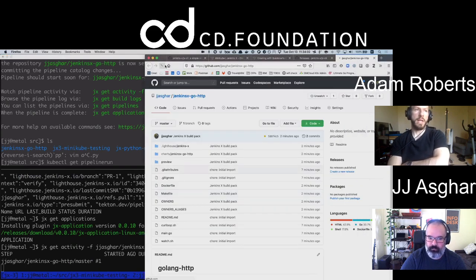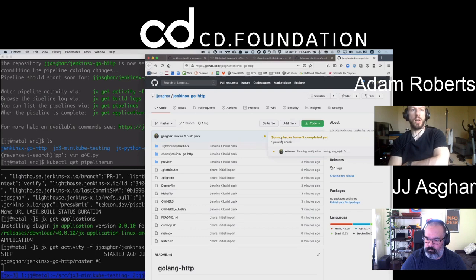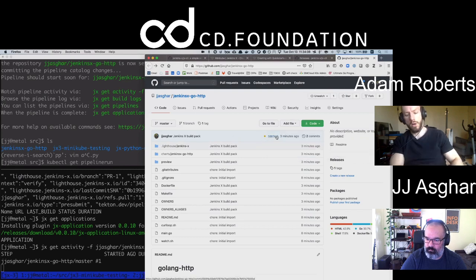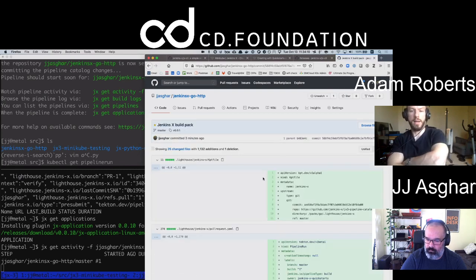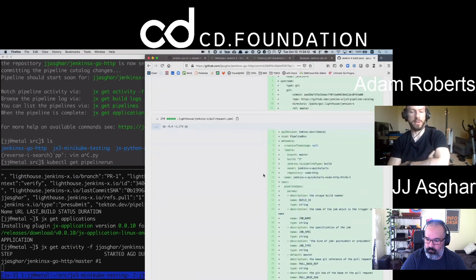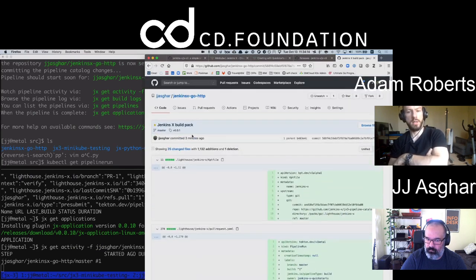I think what James told me to use was the Octant plugin, and you can install the Tekton add-on, or use the Tekton dashboard. Either of those work perfectly well. I think James favours the Octant one, and that also looks quite good. And you can watch the pipeline runs there.